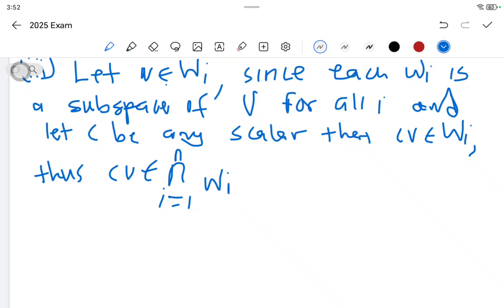You see, right? So this will always be the case. If this belongs to Wi and Wi is a subspace, it doesn't matter how you put these words, you can try to put them anyhow. But as long as at the end you mention that Wi is a subspace of V for all i and this belongs to Wi, then it means that it also belongs to its intersection. You say, right? Then you say that therefore